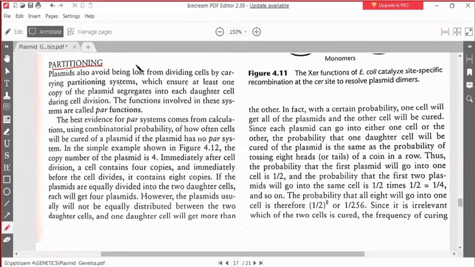Whenever we are dealing with plasmid incompatibility, we are dealing with the fact that two plasmids cannot be stably maintained. Whenever we are dealing with plasmid curing, we can say a plasmid can be lost from a cell. So plasmid incompatibility means in a subsequent division, you don't have all plasmids in a cell. In plasmid curing, a cell may lose its plasmid. So the plasmid is getting lost. But a plasmid can also avoid being lost from a cell. A plasmid must be present within a cell.